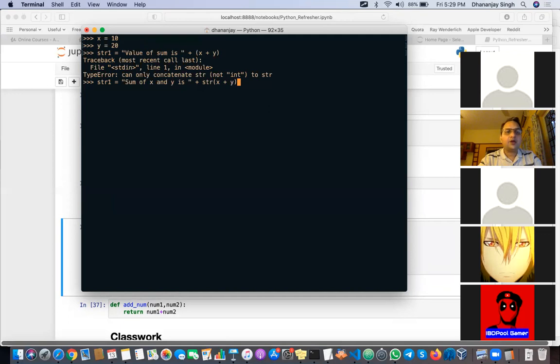So you will have to convert into a string, right? So this is how you will do. Now this is something which works, right? But you see, you have to have an extra plus, and then you have to provide this str. Now, a simpler way would have been,